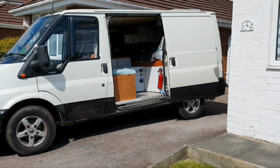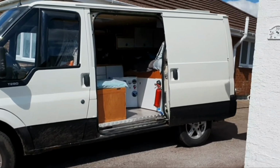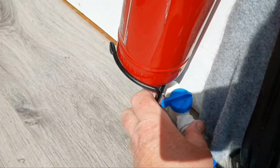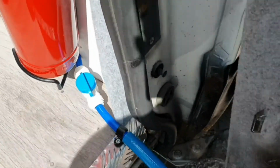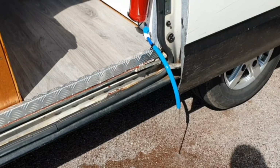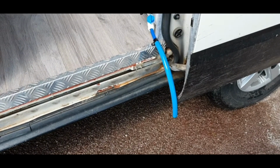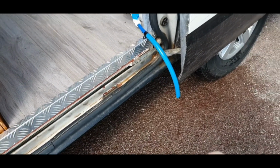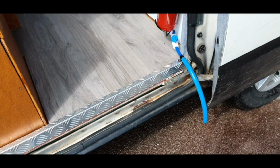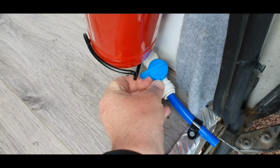Right, so we've got Betty on a bit of an angle now, so hopefully all the water will come towards the front of the tank and drain out. So we'll just get it going. Okay, got the drain pipe on. Let's open the tap. And there we go. I'll just leave that running until it's done, and then I know the tank's 100% empty. And that's that done. It's just taken a couple of minutes, so there mustn't have been a lot of water in there. So I'll put that pipe back in its storage, shut the doors and give it a wash, whilst making sure to turn the tap off again, because last time I did this and I filled it back up, it was just pouring out